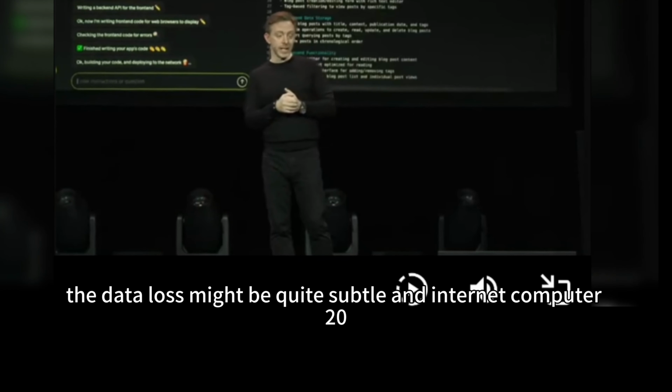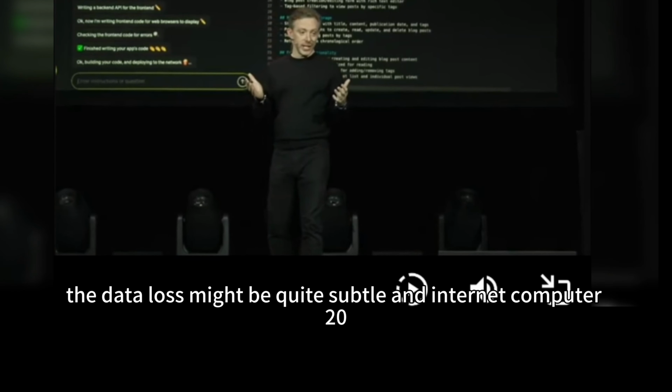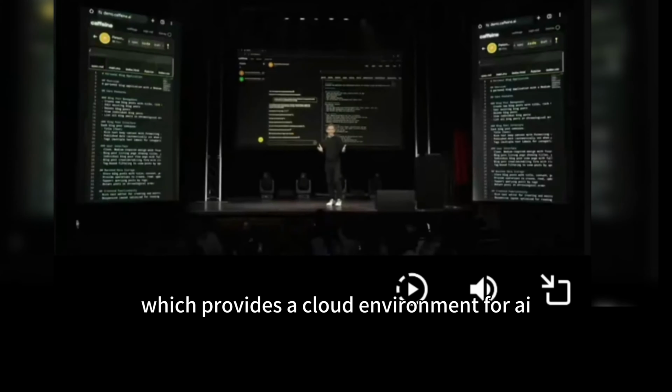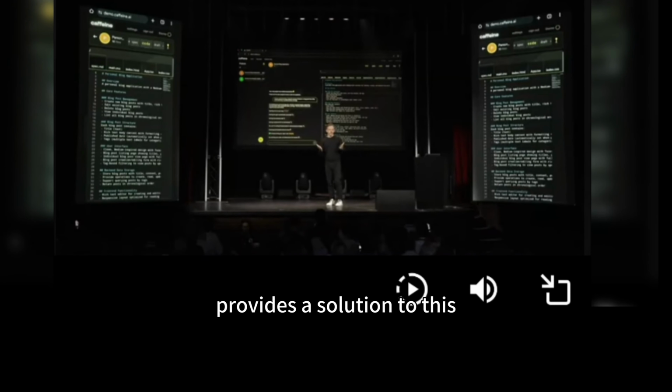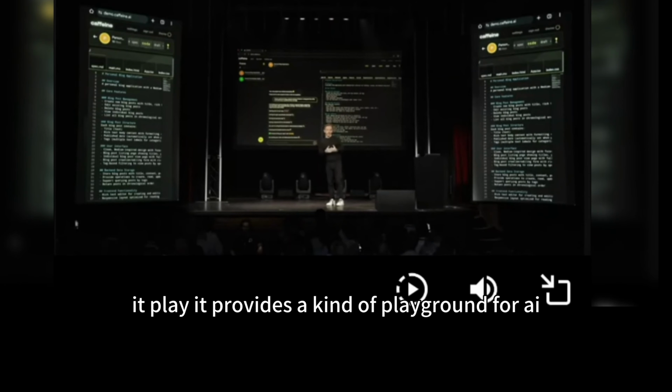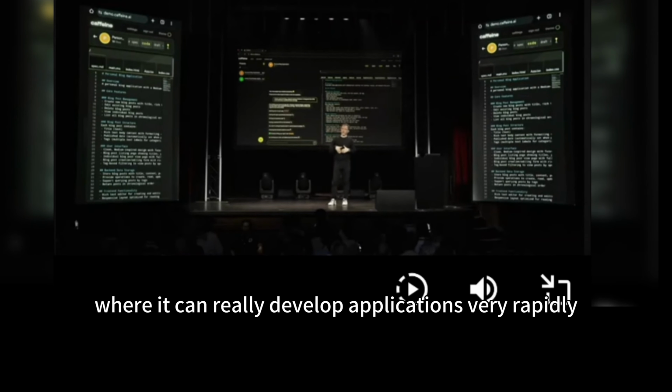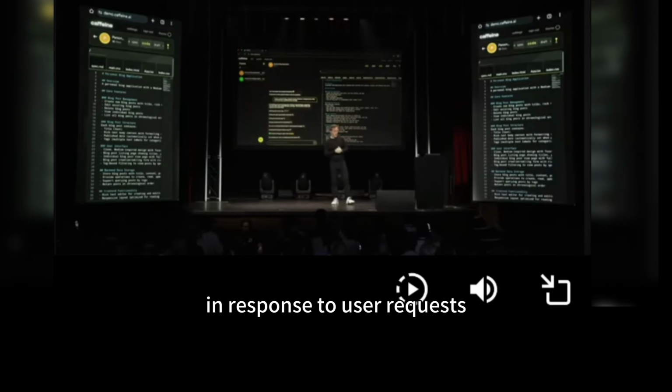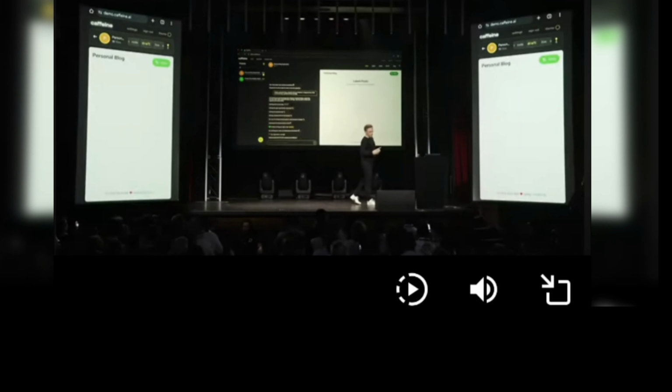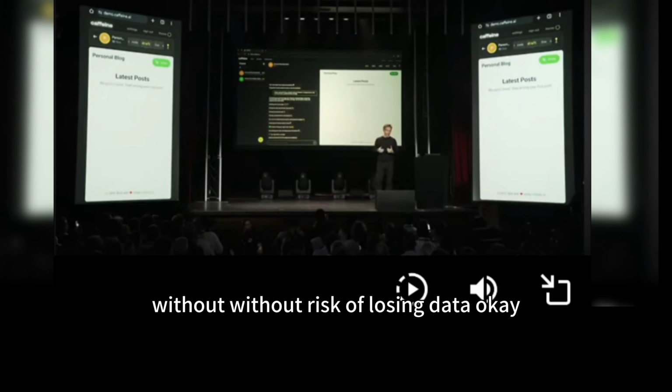The data loss might be quite subtle. And Internet Computer 2.0, which provides a cloud environment for AI, provides a solution to this. It provides a kind of playground for AI where it can really develop applications very rapidly in response to user requests without risk of losing data.